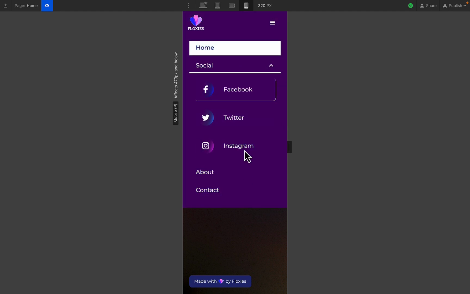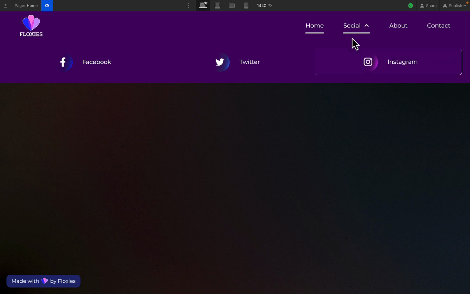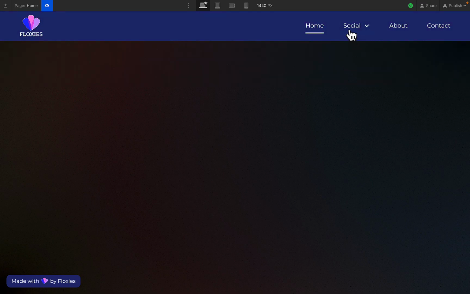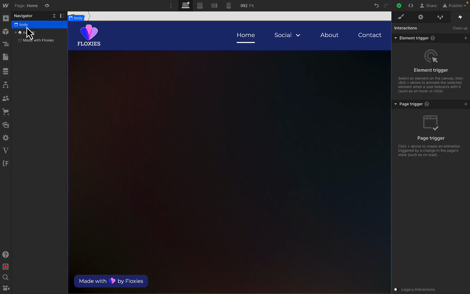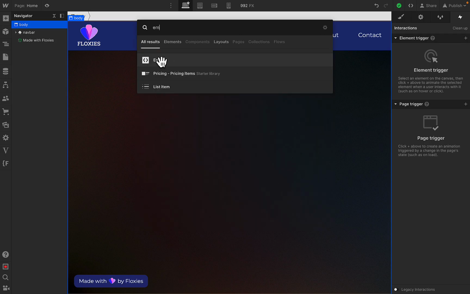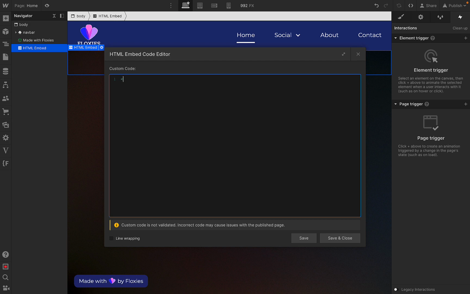Okay, everything looks good. So one thing that I noticed, right, after I open the drop down, the interaction is over. The hover interaction is not there anymore. This is due to the drop down interaction. So what I usually do is I'll use a bit of custom code to solve that problem. So embed code here, and then just style with close bracket, close tag style,